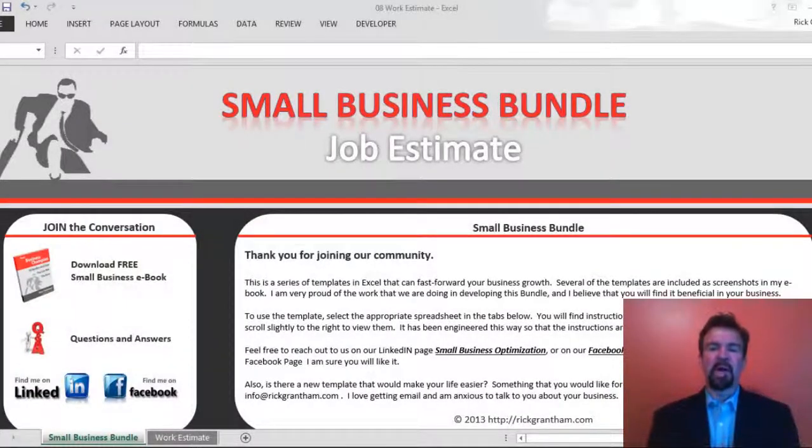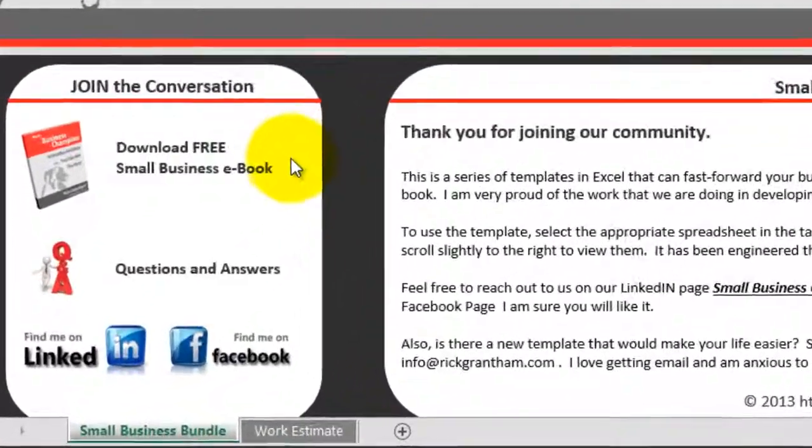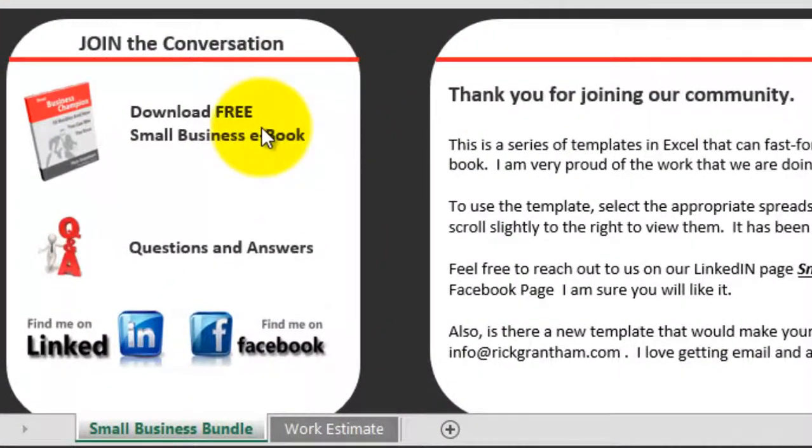Hello everyone, and welcome back to the template part of the tutorial for job estimation in the Small Business Champion bundle. First thing, when you pull up the template, the first thing that you're going to see is this welcome screen. Now, in the welcome screen, over on the left-hand side, the first thing you'll see are several opportunities to